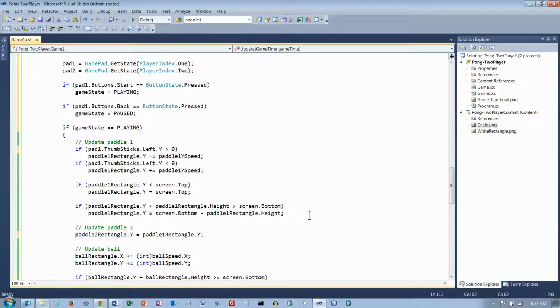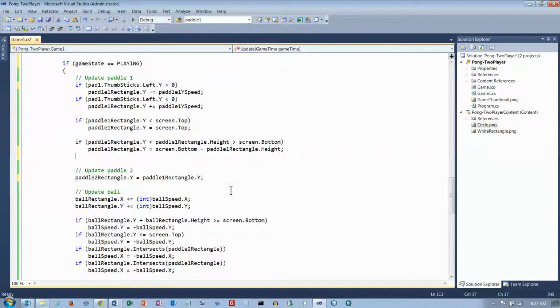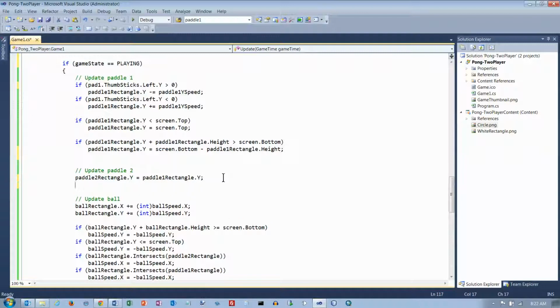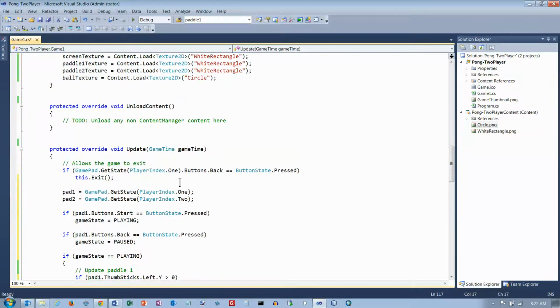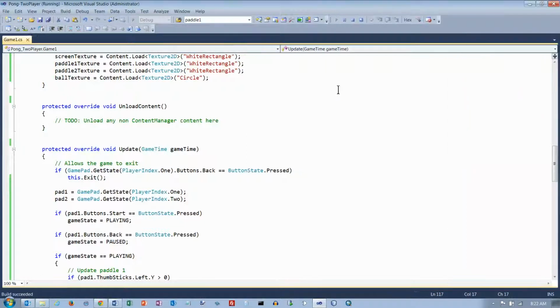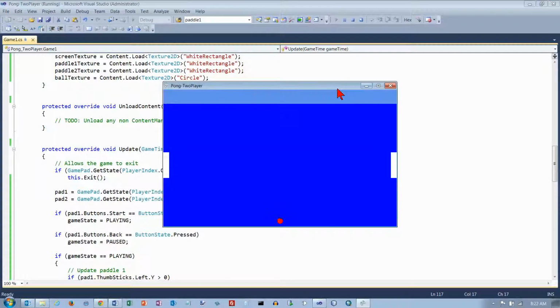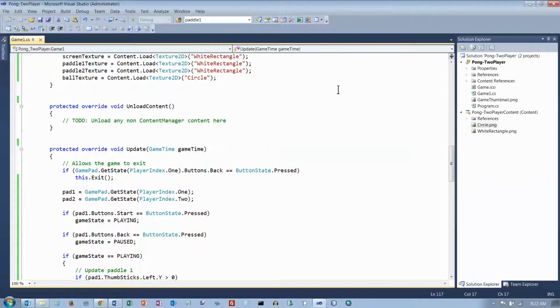And I'm just going to put a little bit more blank space in here just so it's easier for somebody who's reading the program to find the different parts here. And now I'm going to run the program, and it should start out in the pause state, but I should be able to push the start button and move it into the playing state. So I'm going to push the start button right now, and I'm going to push the back button right now,